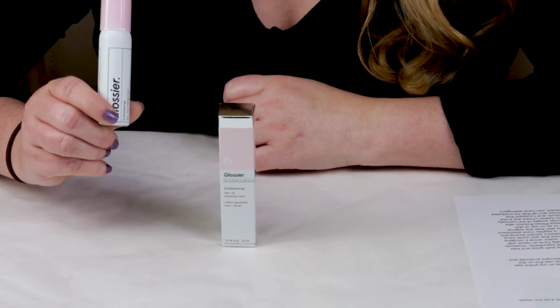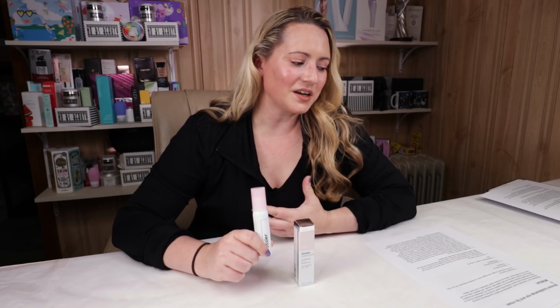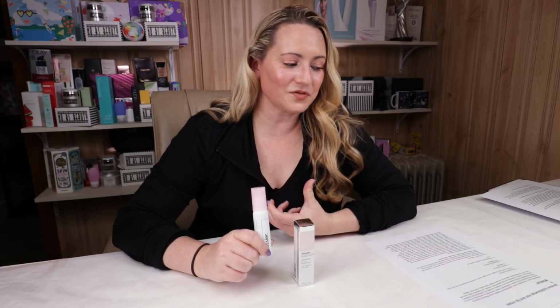I had been to the dentist recently, and the dentist got a little happy with the drill and did a little bit of damage on my cheek, mouth area by accident. Once this came in the mail, I instantly started applying it to that area, and I definitely think it's helped. I was impressed by that. Anyway, I thought I'd review it for you guys, but it's an eye and lip